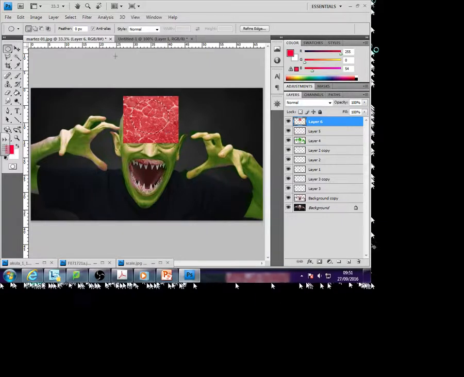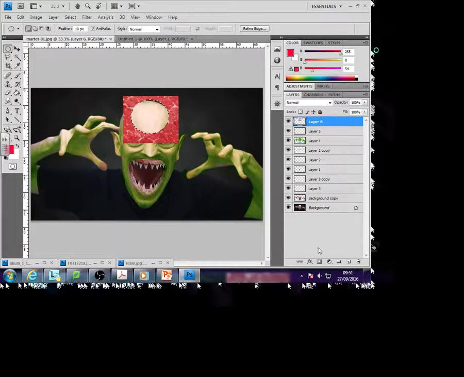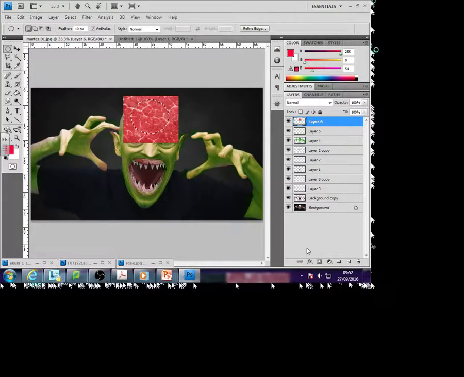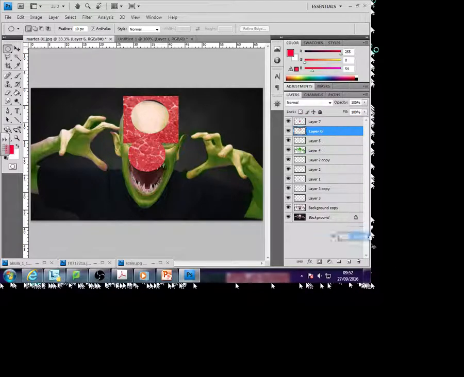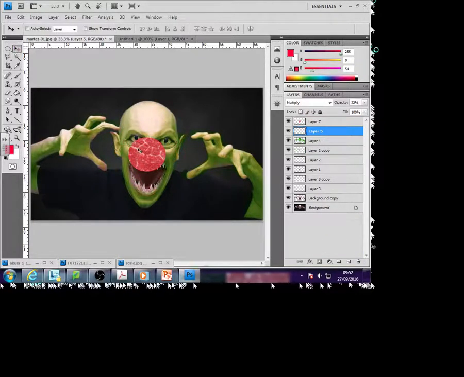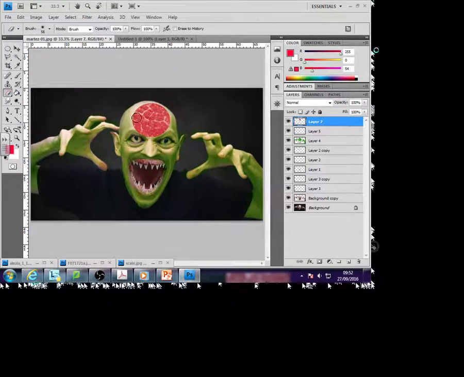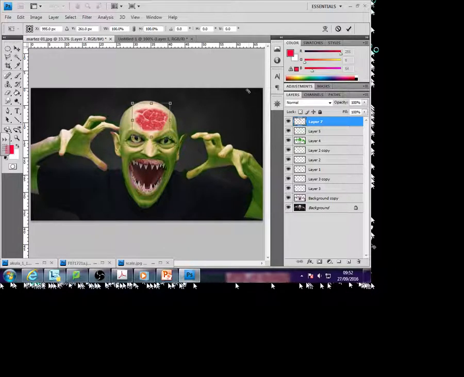We'll add a bit of feather into that. So Control and X and then Control and V, we'll cut that out and we'll just get rid of the background bit, because I'm going to use this here. Maybe we could have done with adding a bit more feather into that, but that's okay. Right, it doesn't look very good at the moment, but